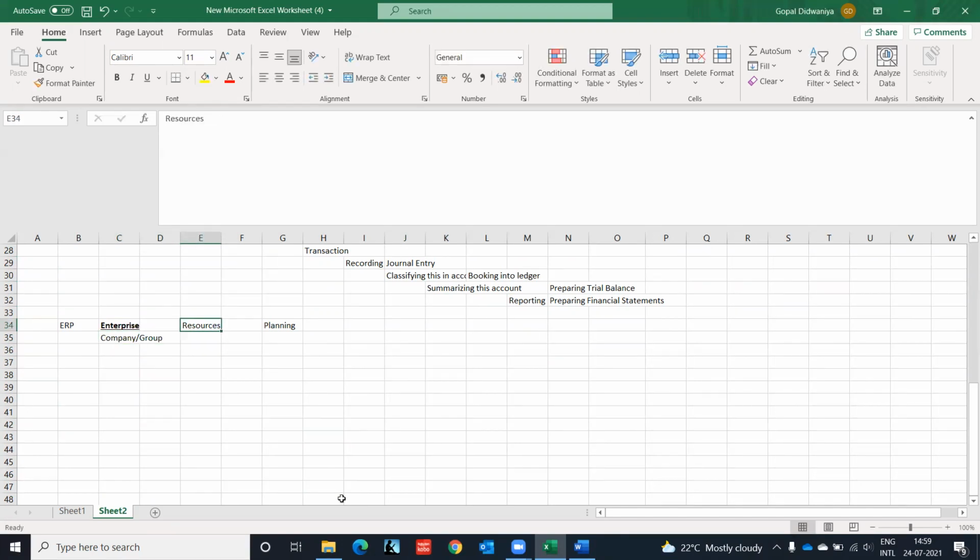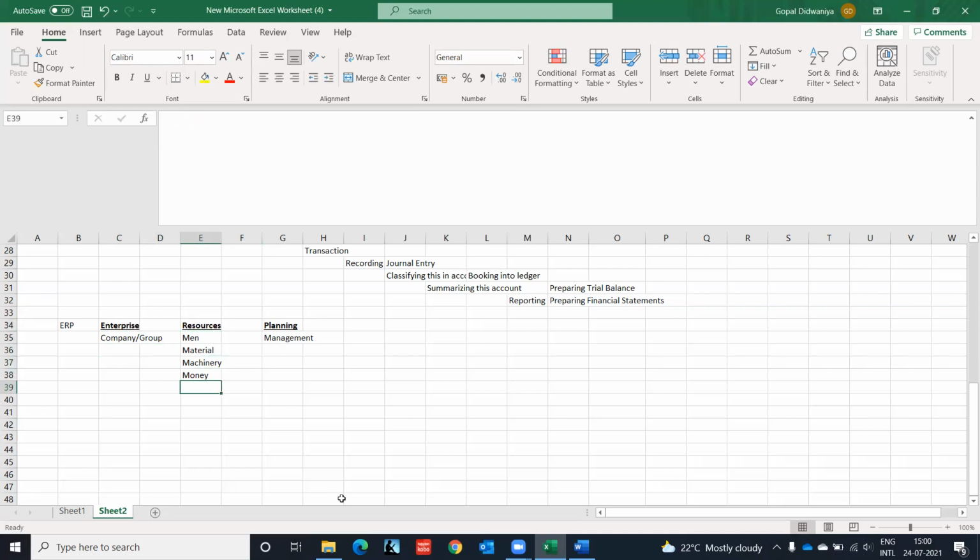Resources: what all the resources are there? Man, material, machinery, money, and the planning. Under the planning, you have finance. So enterprise resources planning: for the enterprise, the company or group, you are going to manage all these resources